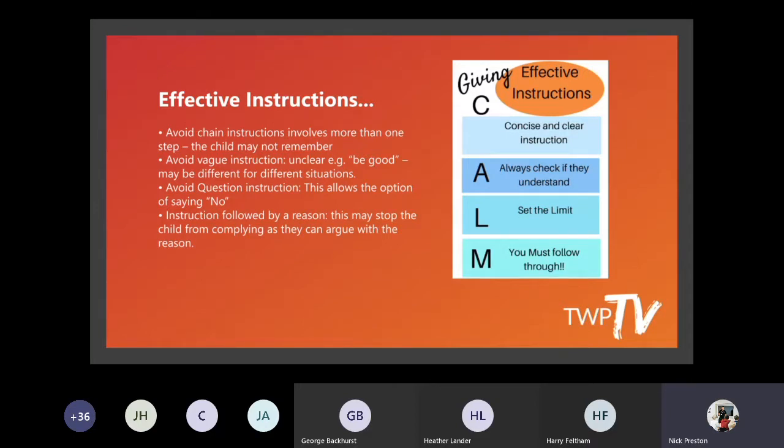Okay, set the limits and don't go over them. So if you say, do that again and you're sitting out, make sure you're sitting them out. I wouldn't even want to sit them out in a lesson, but if that's what you're setting, then make sure you follow it through. We need to avoid closed questions. So, is that the right behaviour? They're going to say yes or no. It's not a question. Instead: how do you think we should be behaving today, Sarah? Well, actually, sir, maybe I'm a little bit noisy. Brilliant. Okay, can we just bring that noise level down a little bit? So it's about making sure you ask them the right questions, set the limit, and then follow through. Don't break promises, because once you do, they've got you.